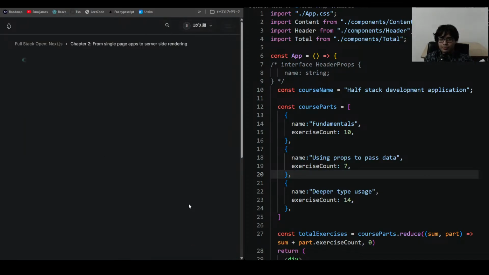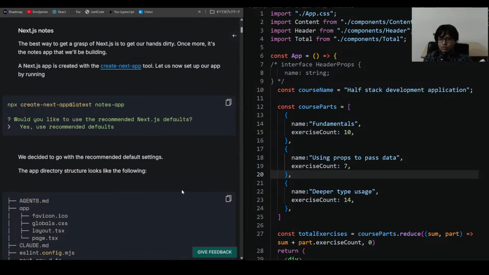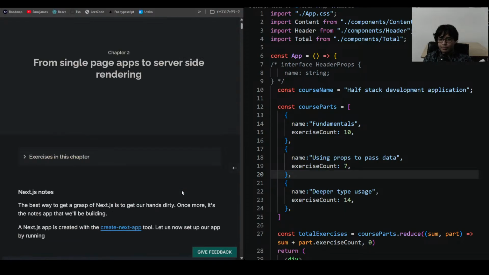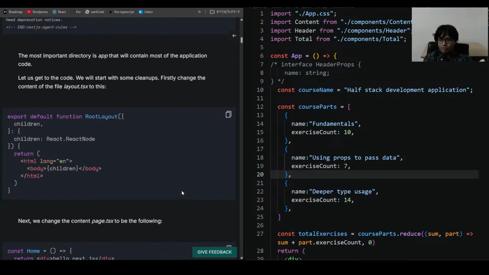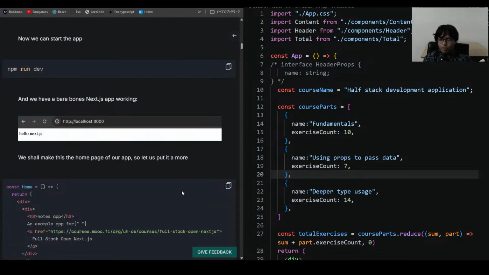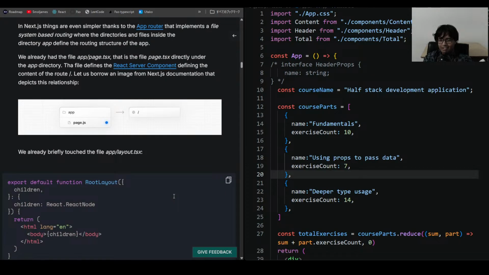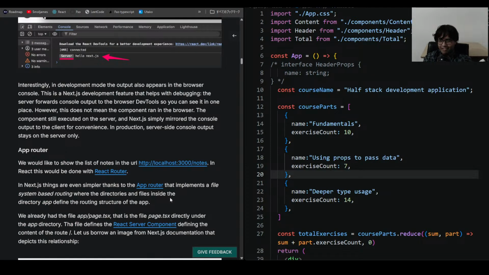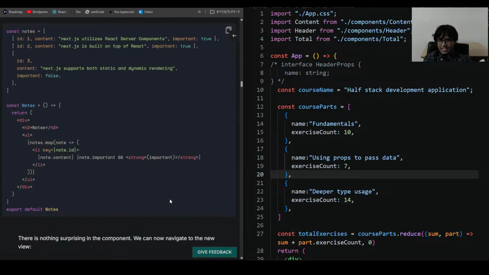LLM. Claude.md. Learn about React routers and then I think